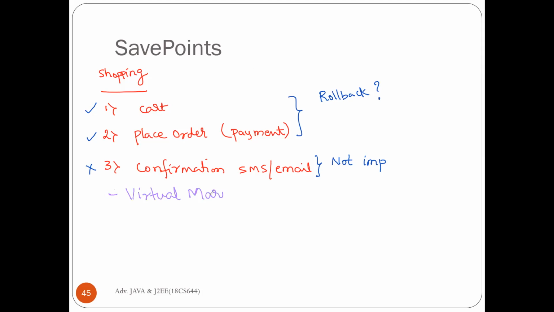Using this, we are just marking the transaction. The save point defines the task at which the rollback should stop. Where the rollback should stop can be indicated using the save point.